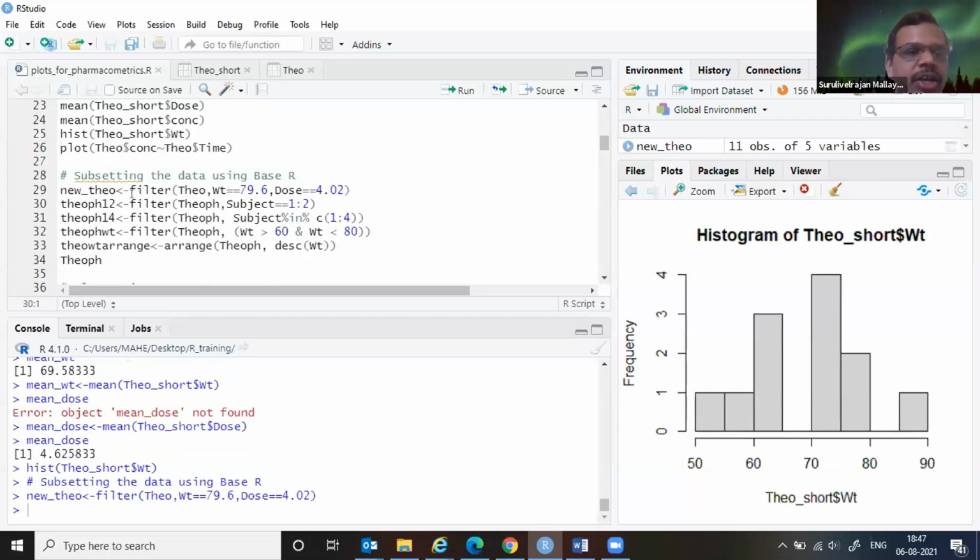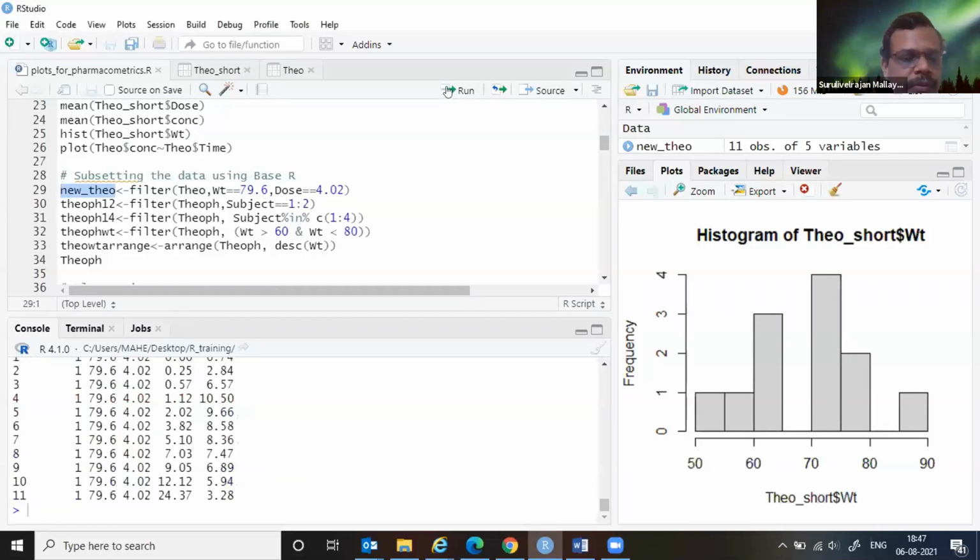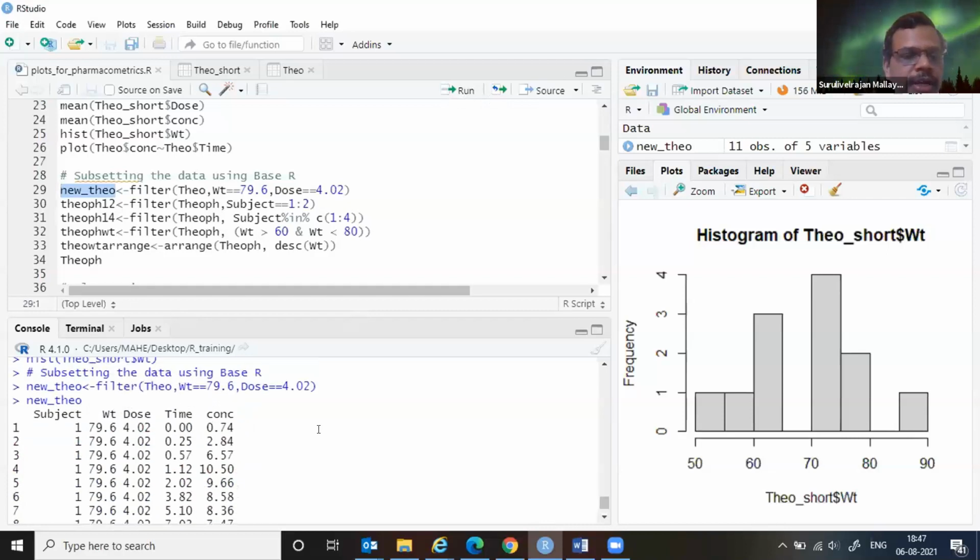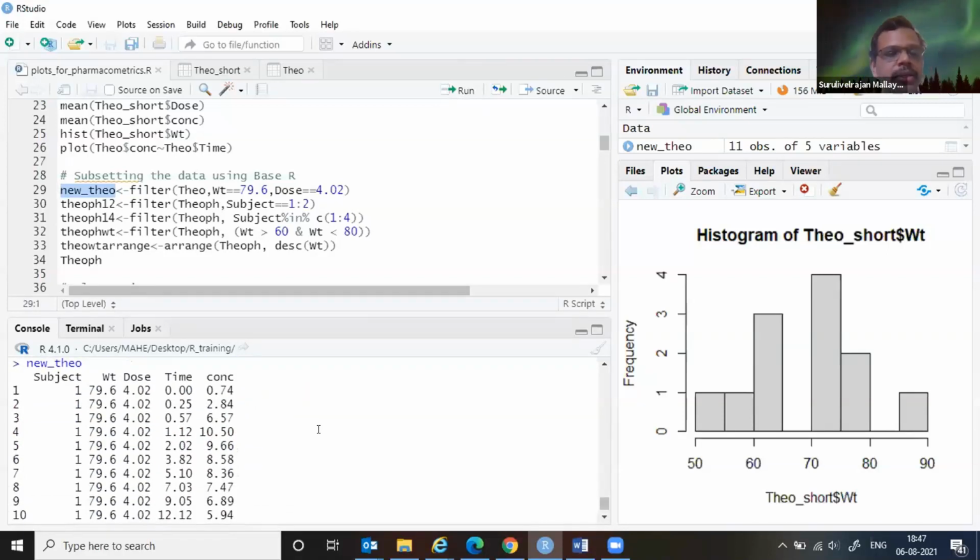So it says new Theo is the original data set filtered in terms of body weight, which is equal to this, and dose, which is equal to this particular value. So it is able to pick up a subset of the data frame matching a body weight of a particular value and a dose of a particular value.